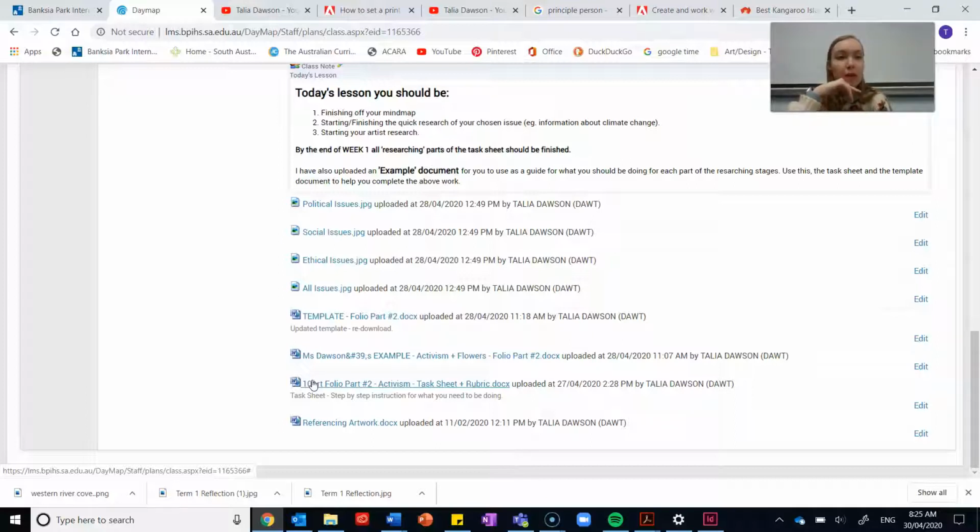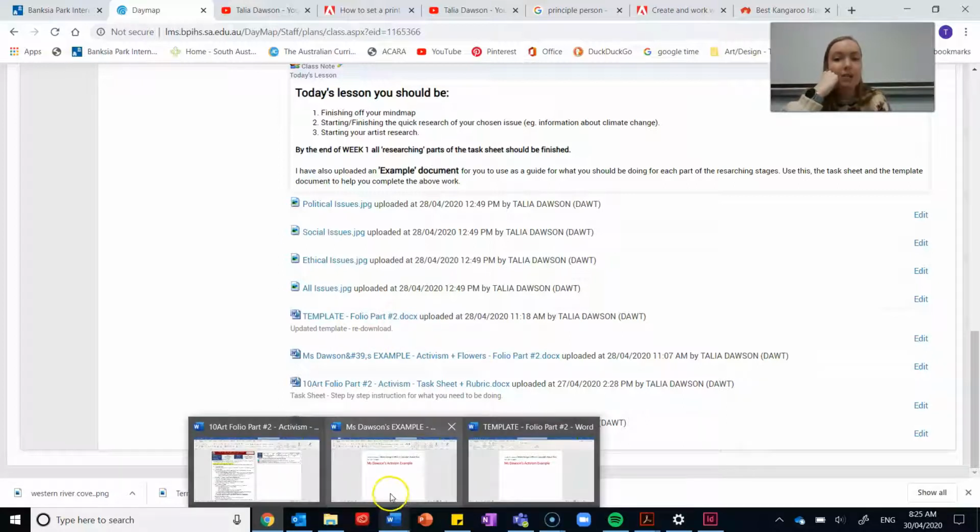And the final thing, and probably most important slash most useful to you, is this one here, which is my example. All right, I have created an example of these things here so that then you can look at it, not copy it, all right, because Miss Dawson loves flowers, so you're probably not going to do flowers, okay? But you can have a look at it and you can see what it is that I'm kind of looking for from an A grade